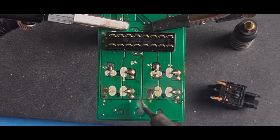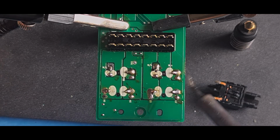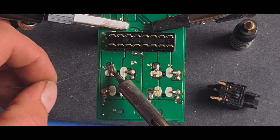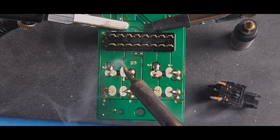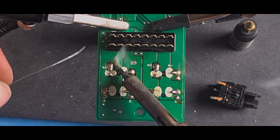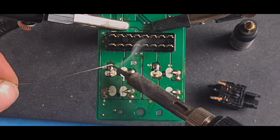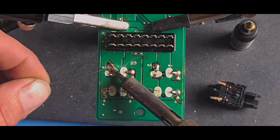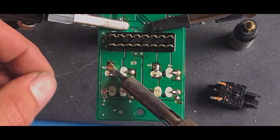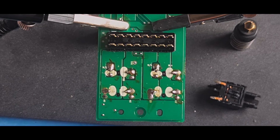Drop balls everywhere here. What happens as you get older, you drop solder balls everywhere. I suck them up with a soldering iron. Get them hot again. It's flowing right through the hole there. Little ball there. The trouble with solder balls is they short things out, so you don't want shorts on a